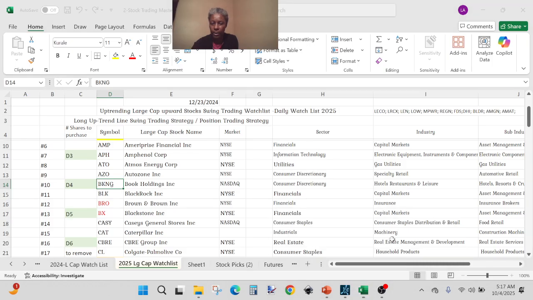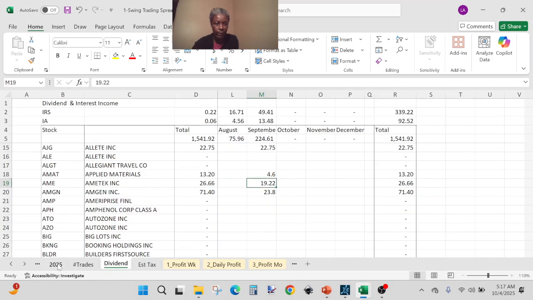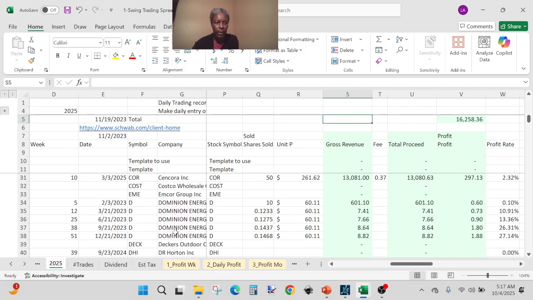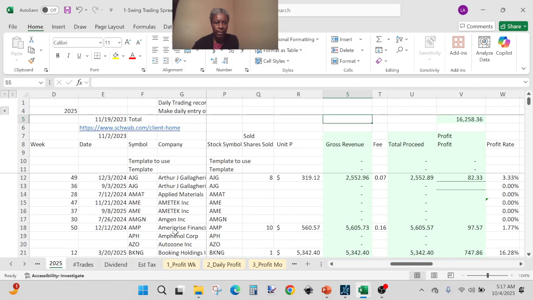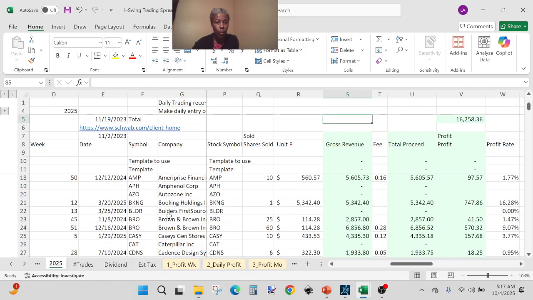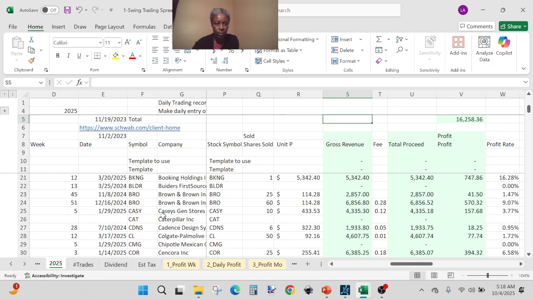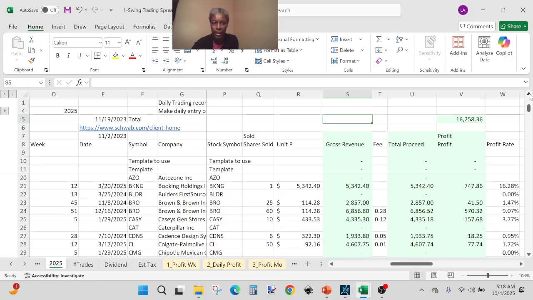Let's go to our spreadsheet, BKNG, and this is the bookkeeping version of recording the transactions. This is for 2025. We have BKNG. We purchased it in March,